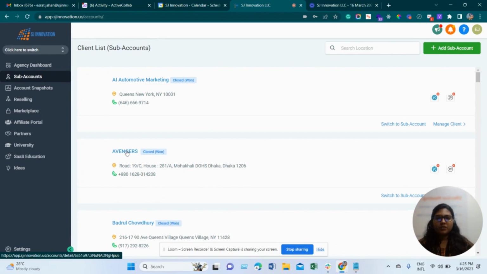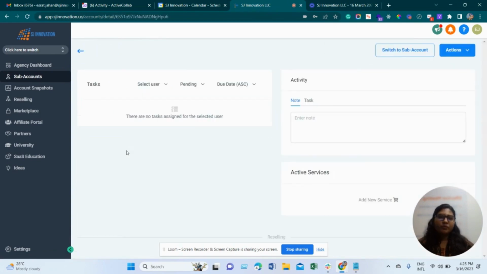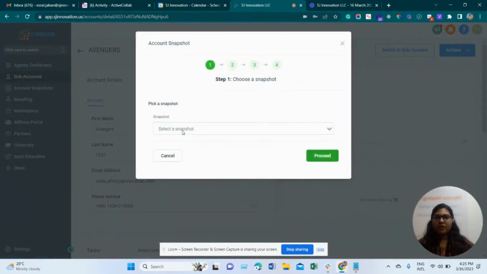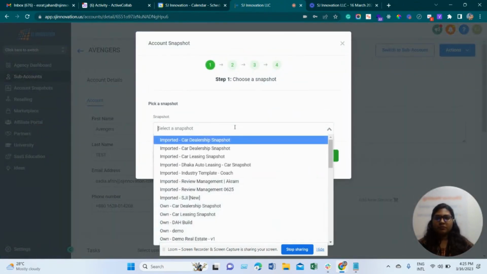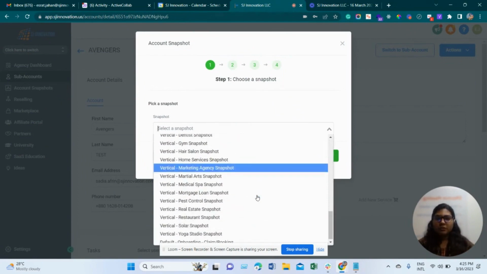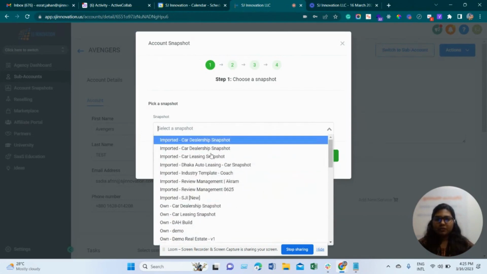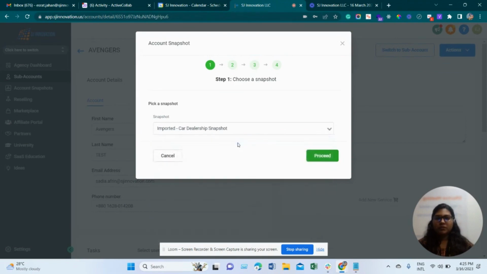So I'm going to Avengers. There I want to load it, so I go to the actions and load snapshot. And you can see here you have all of the snapshots ready. So you can choose anything. Okay, I'm choosing this one